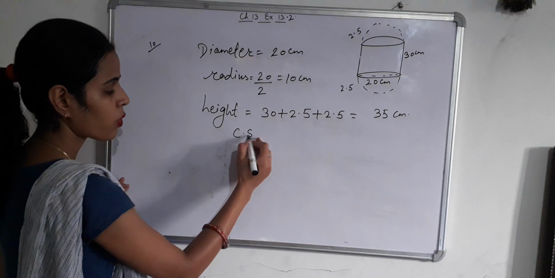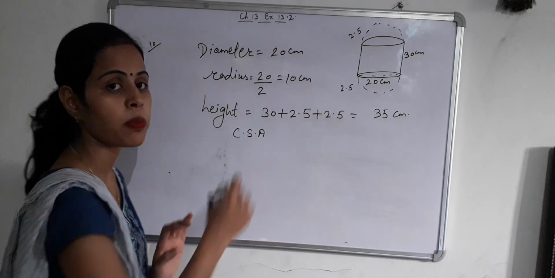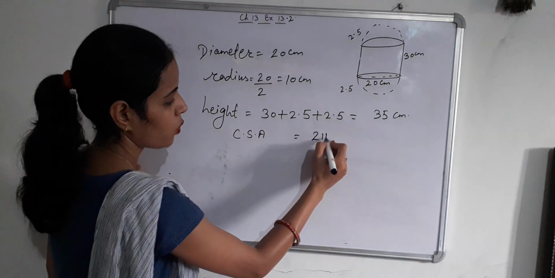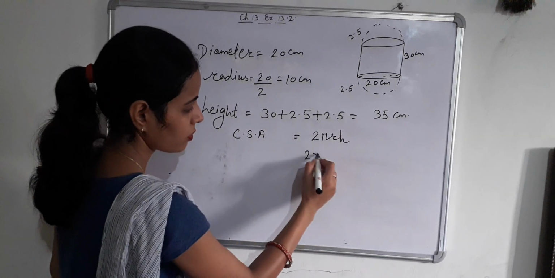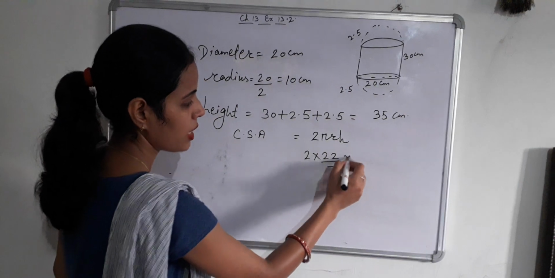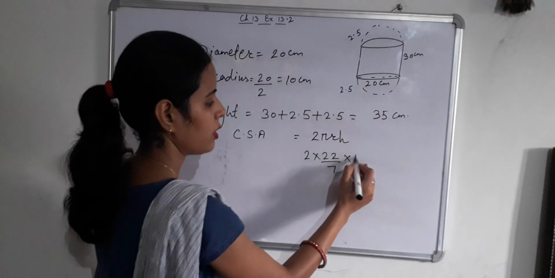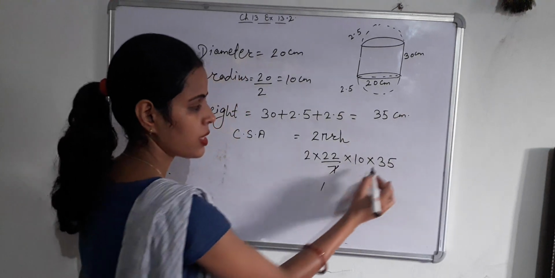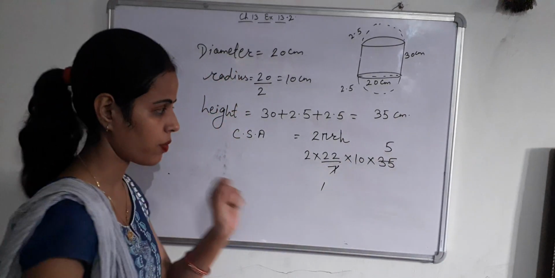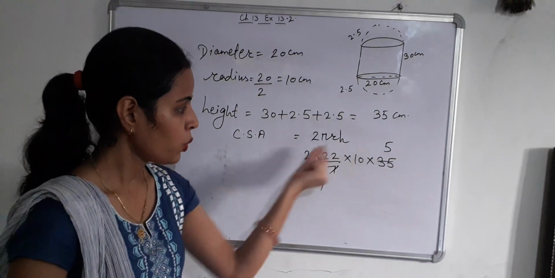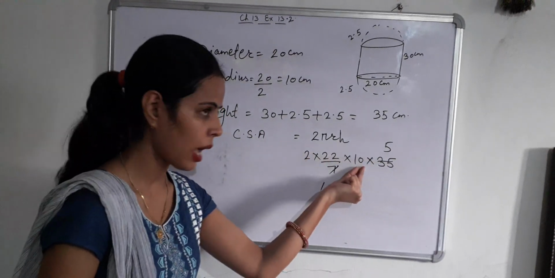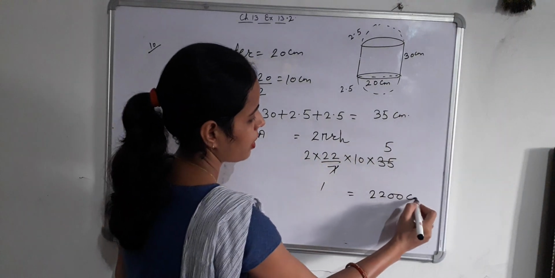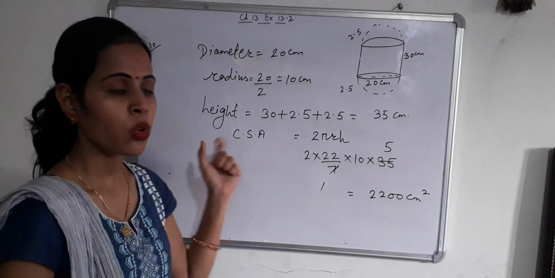Now the area of cloth required to cover this lampshade, means covered surface area of this lampshade, will be 2πrh. 2 into 22 by 7. Here r is 10, h is 35. 7 1 7, 7 5 35. 5 into 2 is 10, 10 into 10 is 100, 100 into 22 equals 2200 centimeter square. So the area of